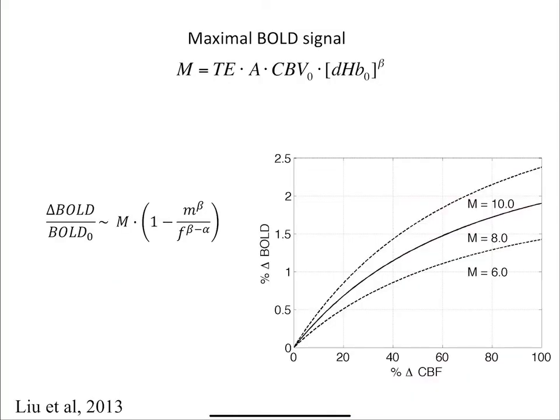One thing is there are factors that can change the maximal BOLD signal. For example, as you get older, blood volume tends to go down. So as you get older, you would expect the BOLD signal to go down somewhat, even if the neural activity was the same, just because there are vascular changes. So as you're looking at your studies,